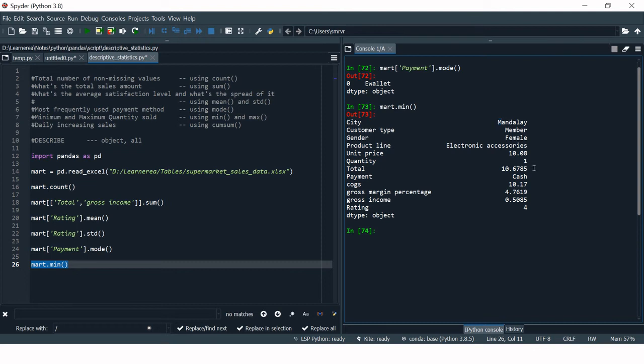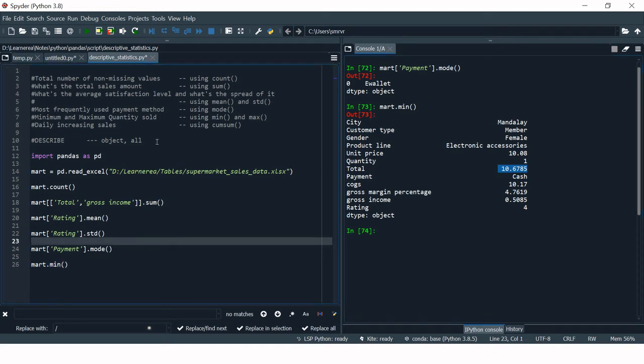Anyway, coming back to the main usable variables, let's have a look at the total variable. This is a numeric variable, and you can see it says 10. 10 has been the minimum sales amount, right? Now coming back to the problem statement, finding the minimum and maximum quantity sold.